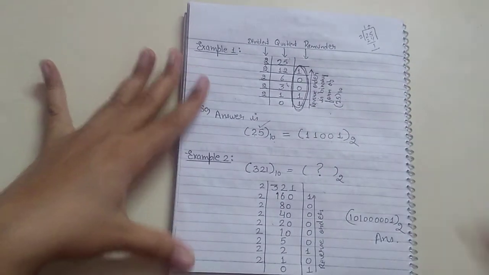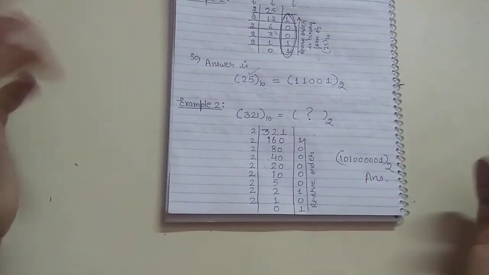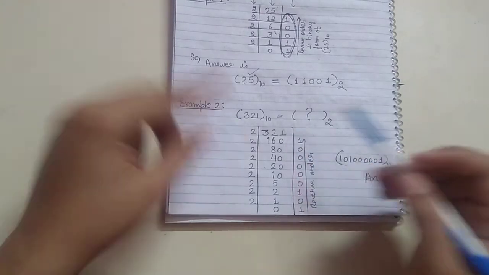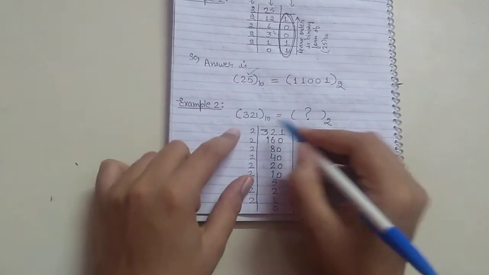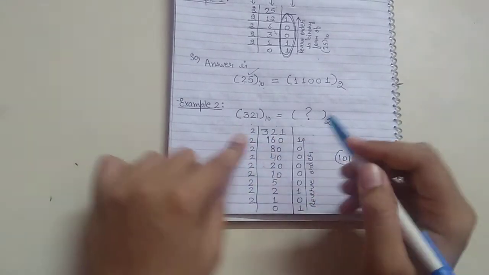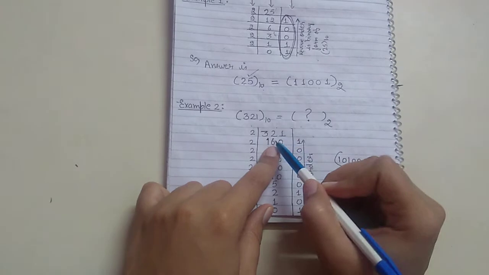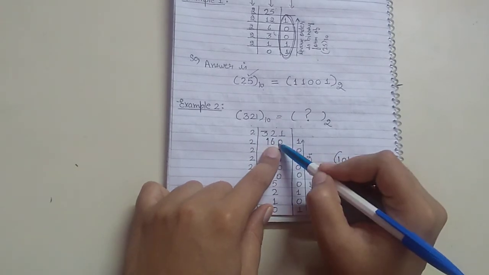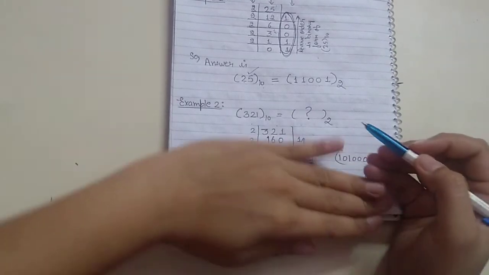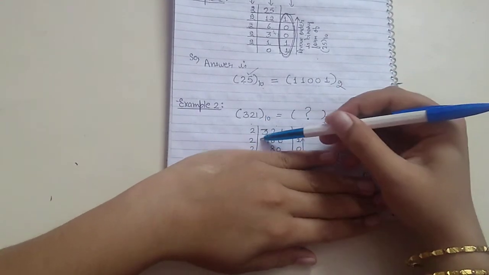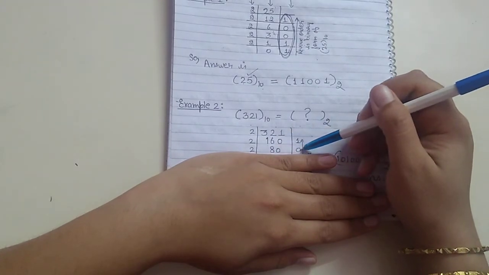Fine. Again, for the explanation, I will take a second example. We are taking another number, 321. Firstly the quotient, remainder we will write here, and the divisor is always 2. If we divide 321 by 2, 160 will come as the quotient, then 1 will be the remainder. Now if we divide 160 by 2, then 80, 2 80s are 160 and remainder will be 0.